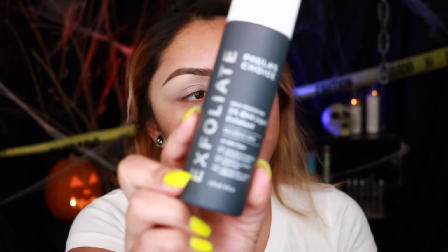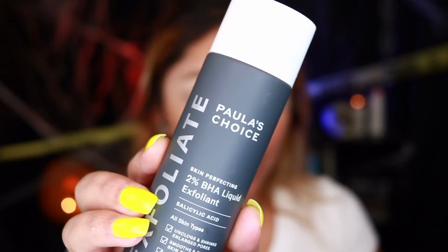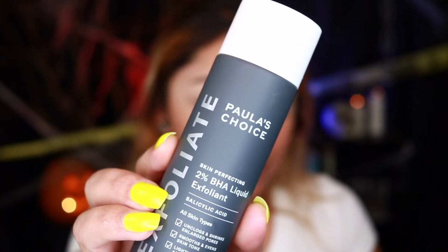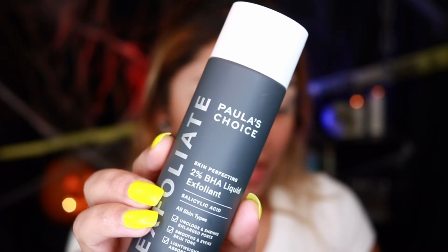I am seeing something with skincare in here, so that's what we're going to get started with. And I received this right here. This right here is called Paula's Choice. This is the Skin Perfecting 2% BHA Liquid Exfoliant. This gentle, non-abrasive leave-on exfoliant removes dead skin cells both on the surface and inside of the pores to reveal smooth, glowy skin. This retails for